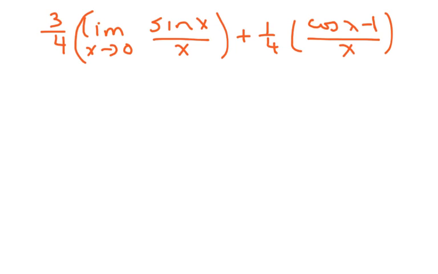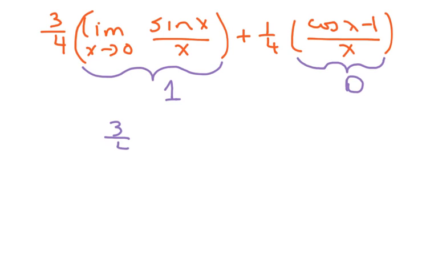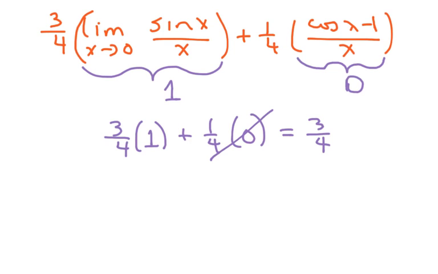Now, we know that this piece here equals 1, and that was our goal. We're using our facts that we already know. This equals 1. And this actually equals 0. So we're going to get 3/4 times 1 plus 1/4 times 0, and that's going to equal 3/4, because that goes away. Okay, we're going to do one more, and the last one is